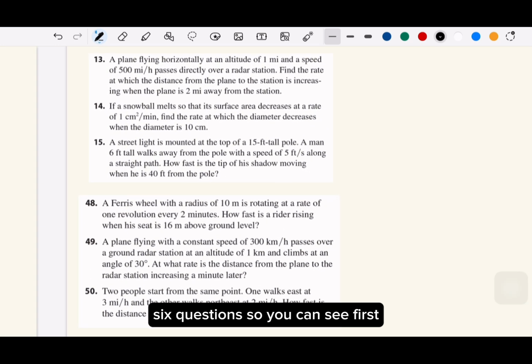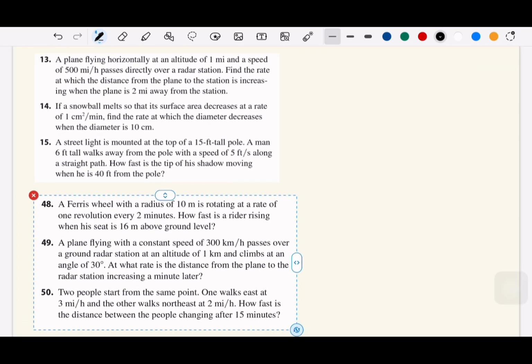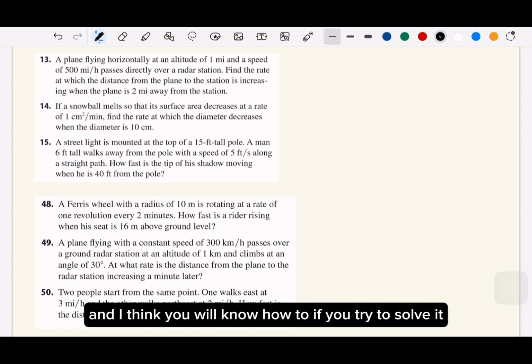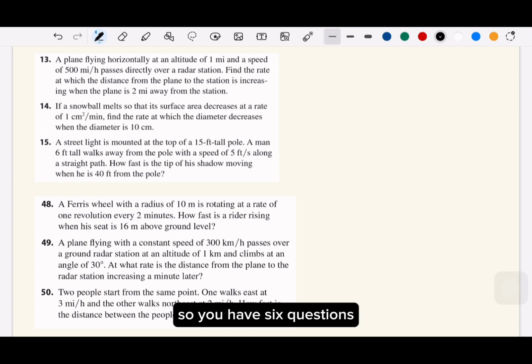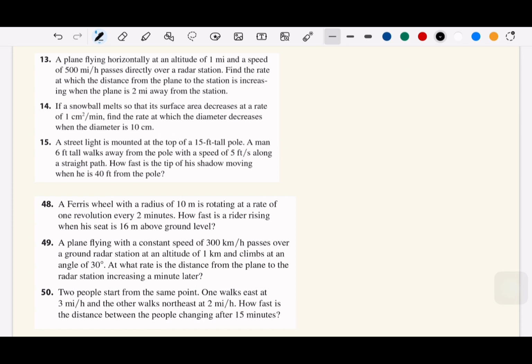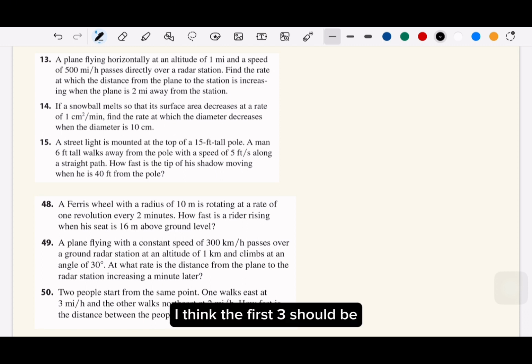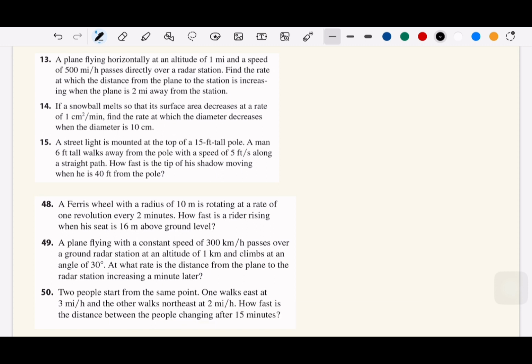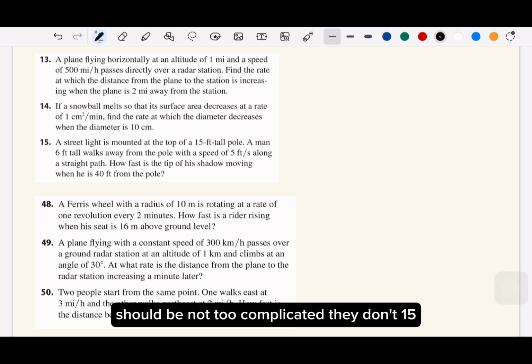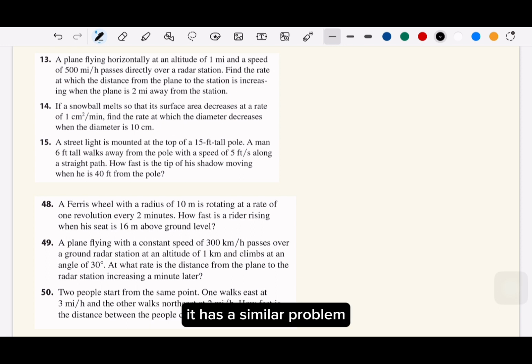You could see first, and I think you will know how to solve them if you try. I think the first 3 should not be too complicated. Like number 15, it has a similar problem,